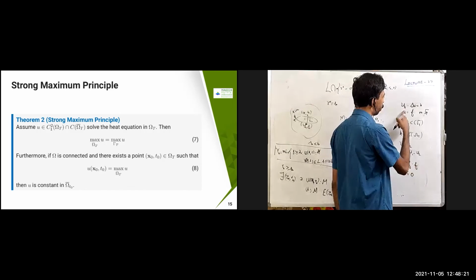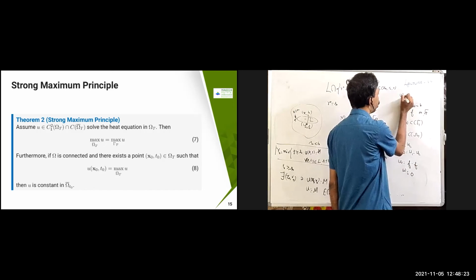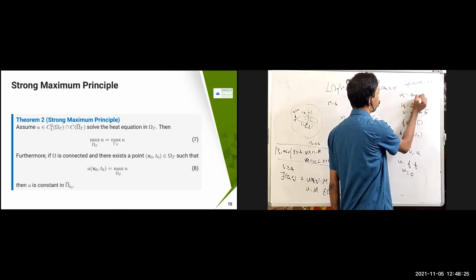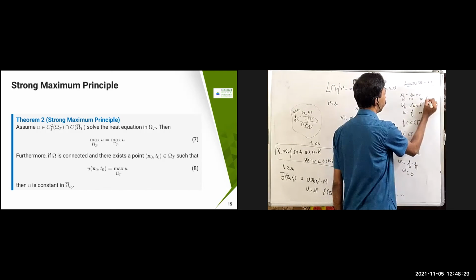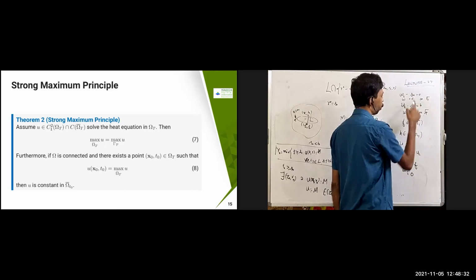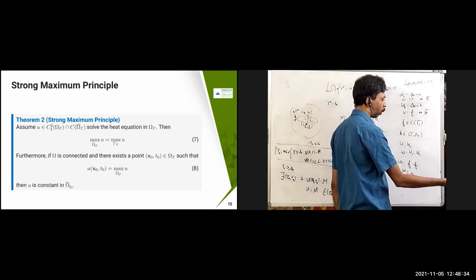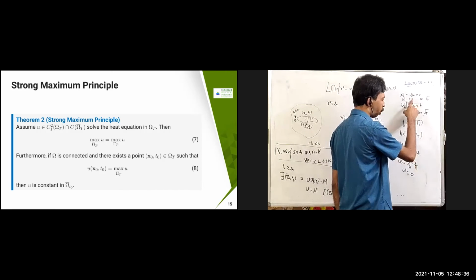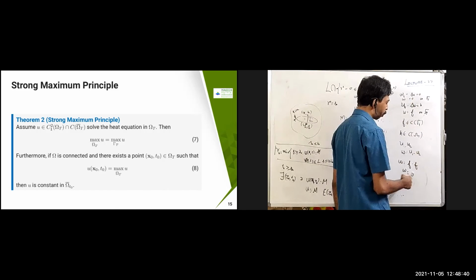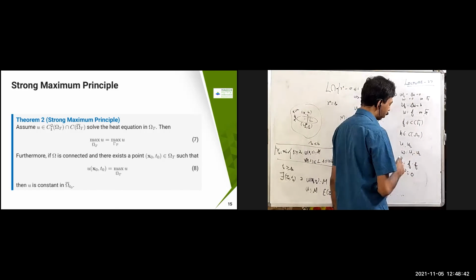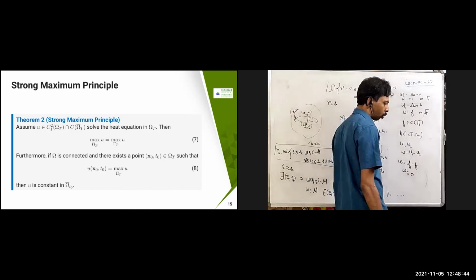So you are going to get a similar kind of problem: Wt minus del W equal to 0, and W equal to 0 on gamma T. Therefore, you can use this. On gamma T, W is 0, and that is the maximum. Maximum is 0 means everything is going to be 0. Therefore, W equal to 0 completely, and W equal to 0 means U1 equal to U2. So that proof is true.